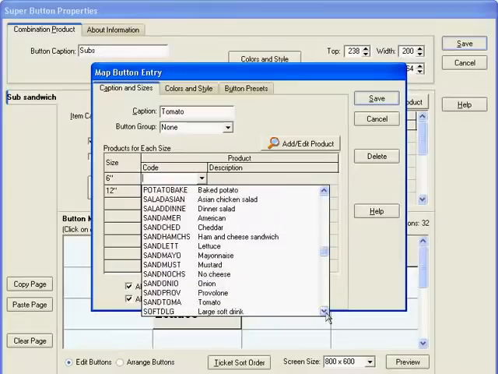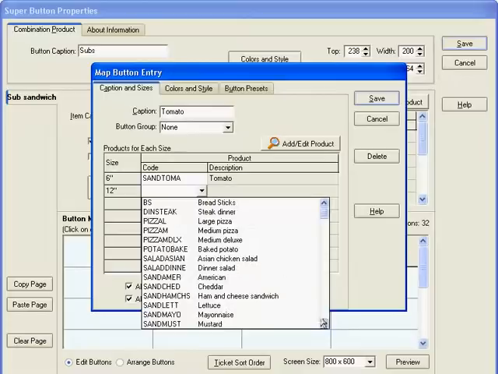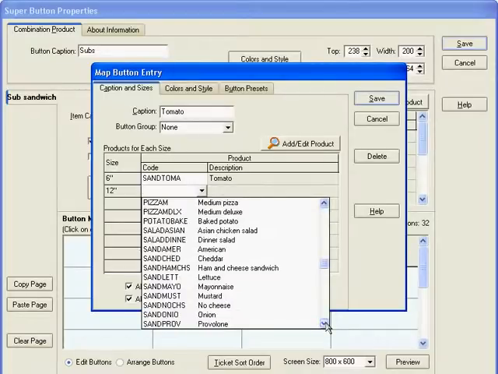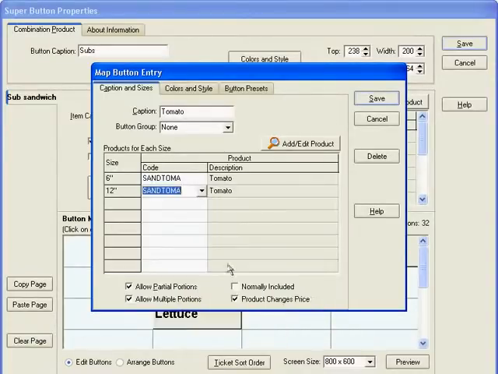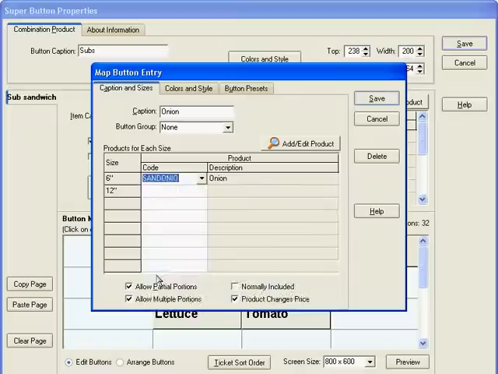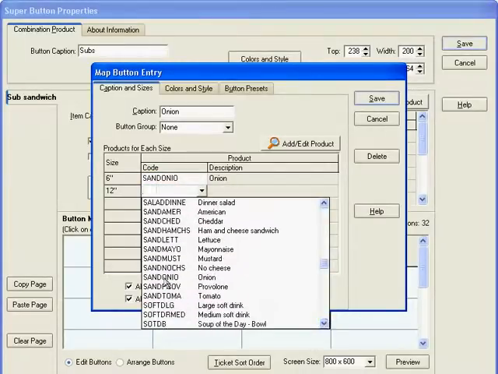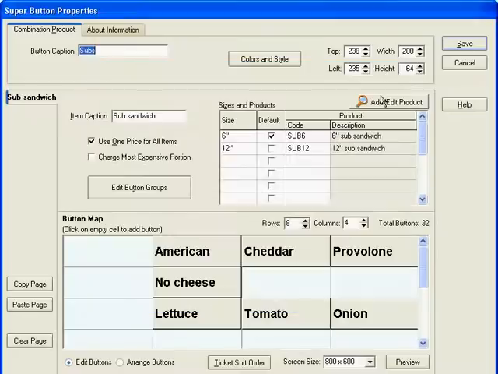Select our tomato product code. Save that. And last is onion. Select the onion product code. Save that. Okay, we have our vegetable selections, and the next thing we're going to do is do our condiments,